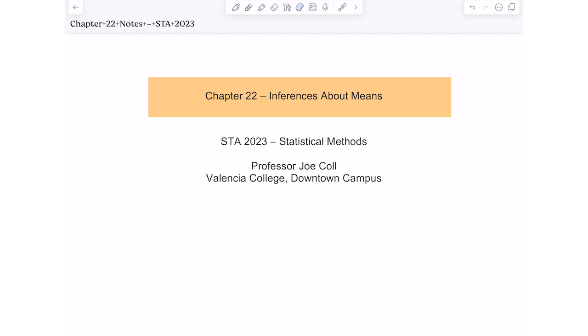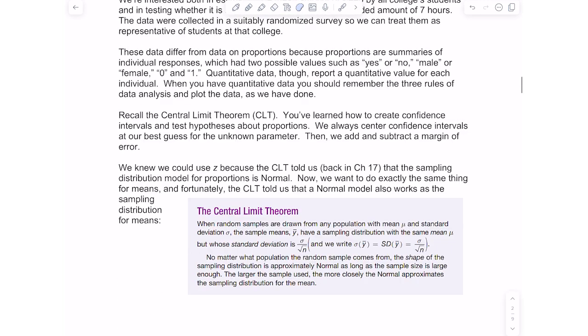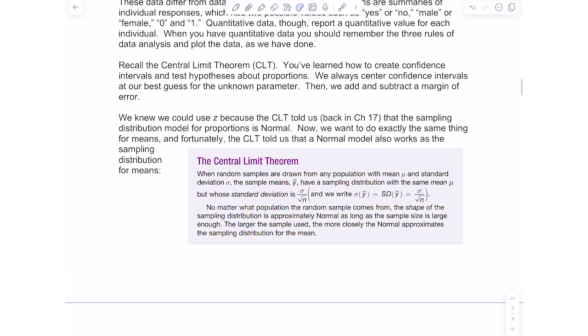Look at inferences about means. What I'd like you to do is pause the video and read through the beginning portion of the chapter and pay special attention to the central limit theorem because we're going to be applying that to the examples we use